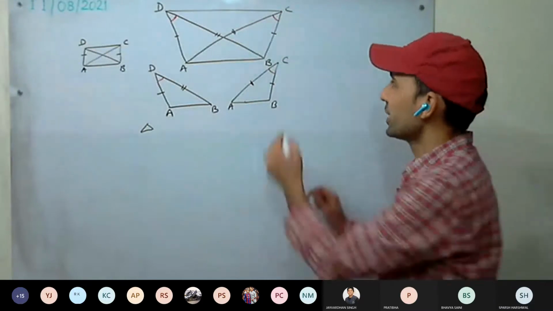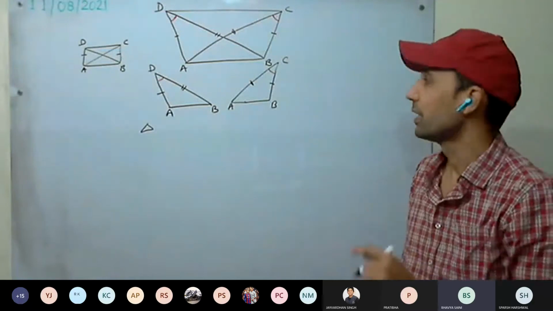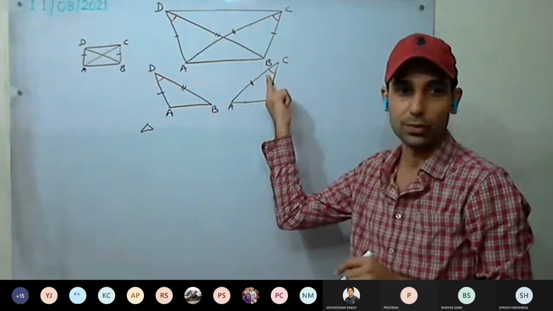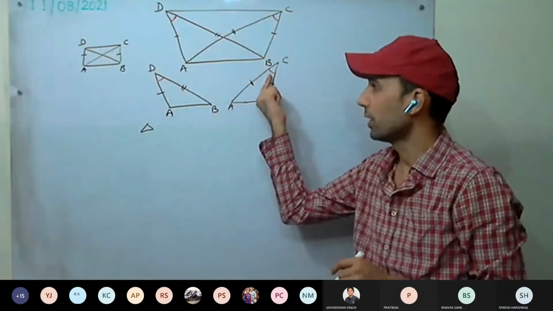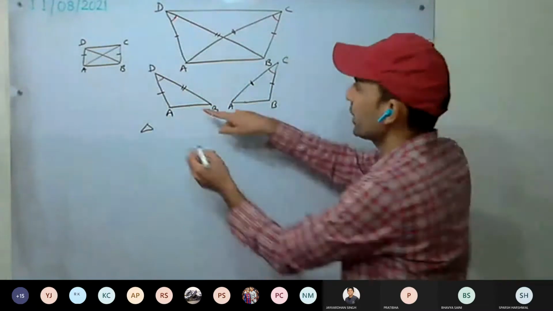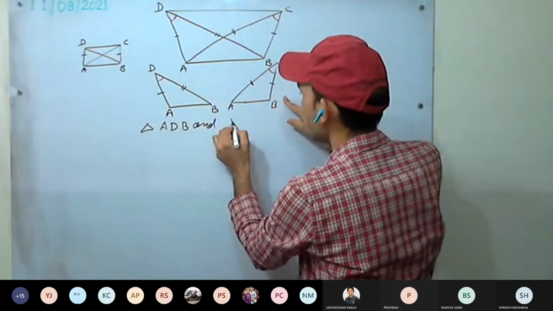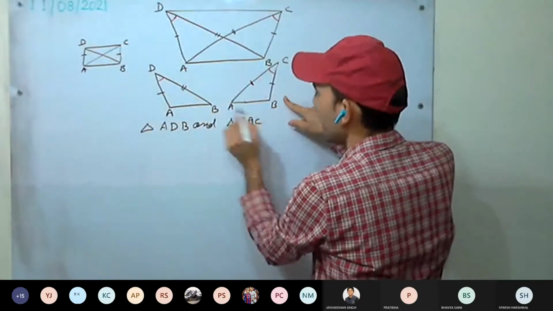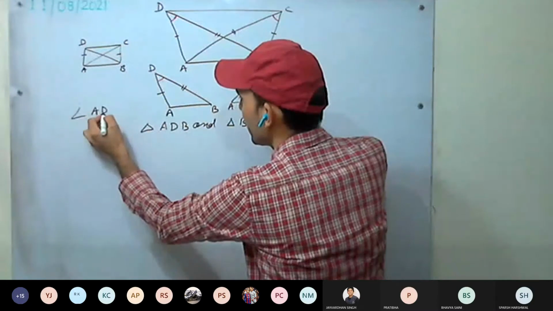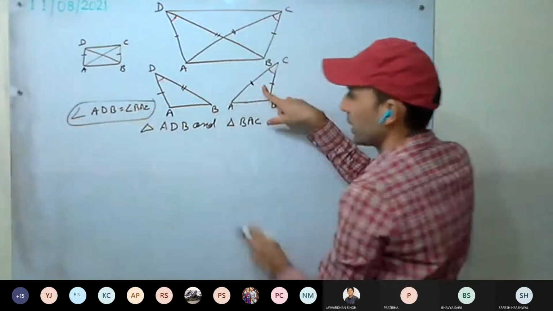Which one are you going to take? This red one we have to prove. By SSS theorem. The red one that I marked, we have to prove that these two angles are equal. So see here, we take the triangle ADB, same as what they are asking, ADB and triangle BAC. This red one I have marked that we have to prove. That is angle ADB equal to angle BAC.